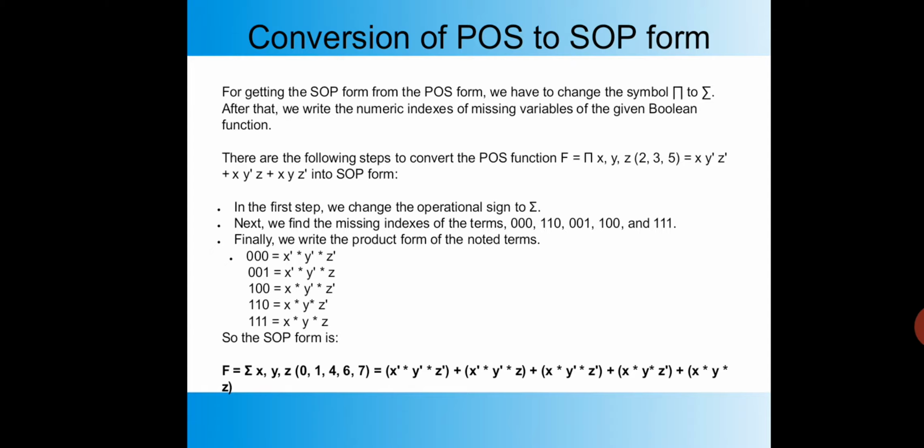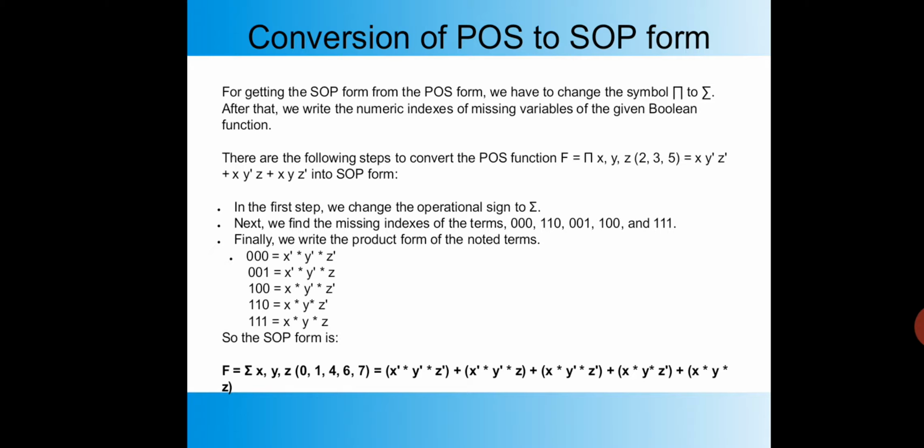Now how did you get x y' z' for 2? How to represent 2? Again you have to convert 2 to binary. What is 2? How can you write 2? It is 0 1 0, isn't it? You have to write it like that. So this is the function you are going to get for x y z, and the numeric values will be 2, 3, 5. So the function will go for x y' z', x y' z and x y z'.